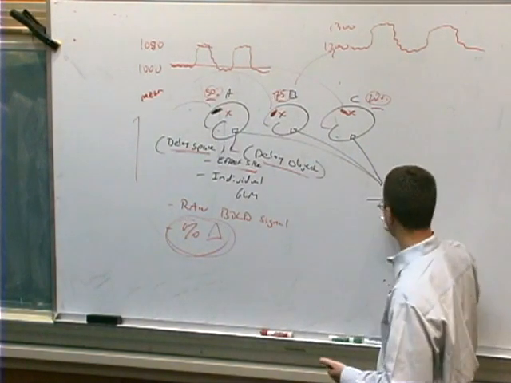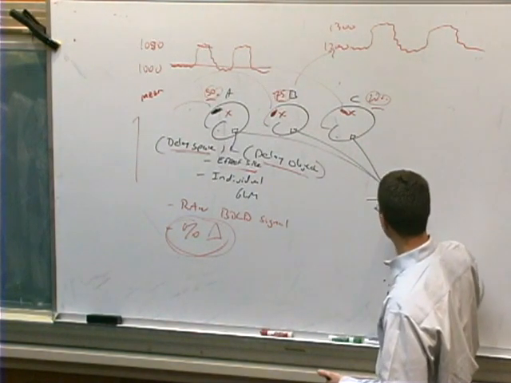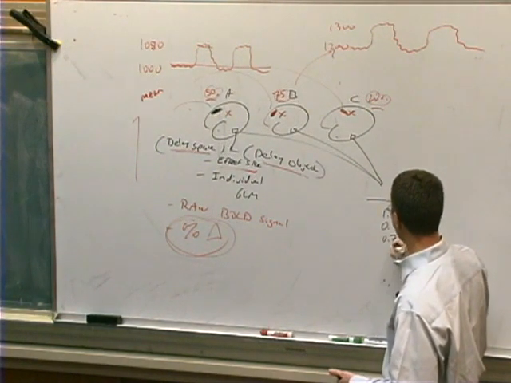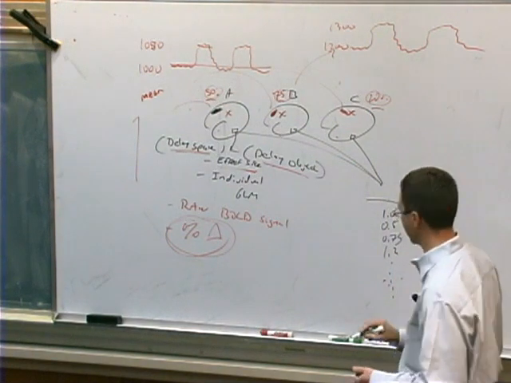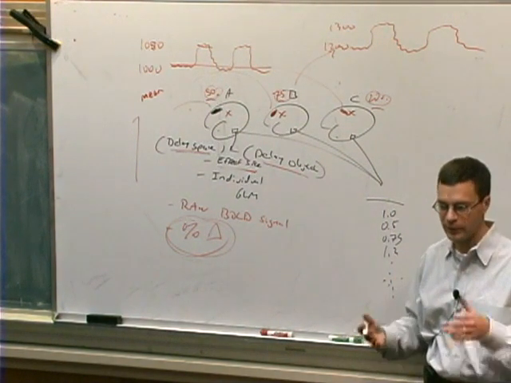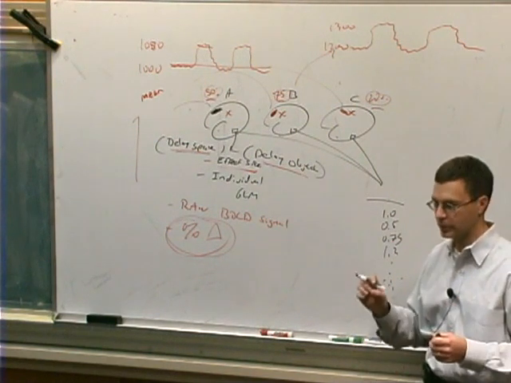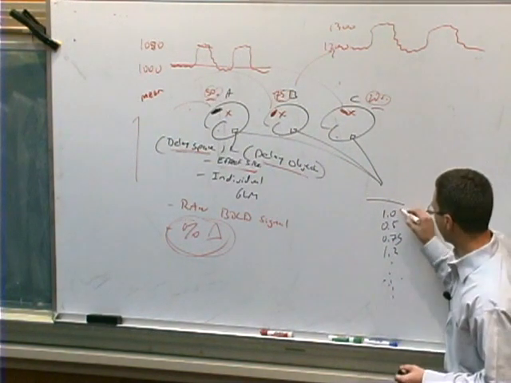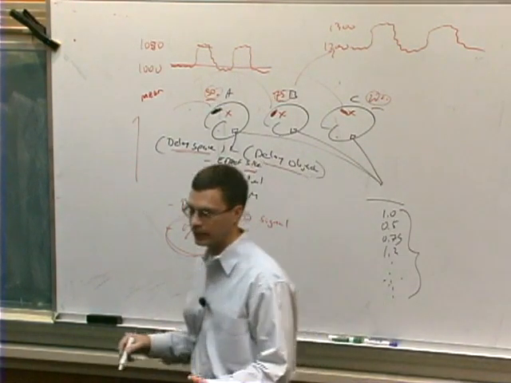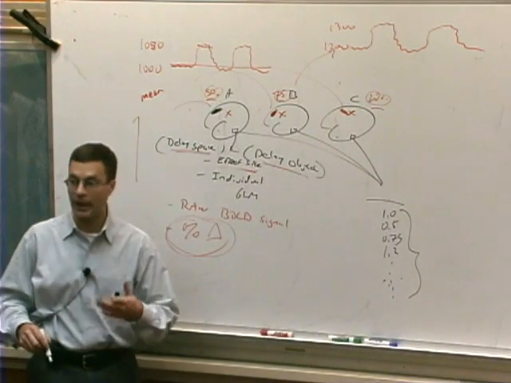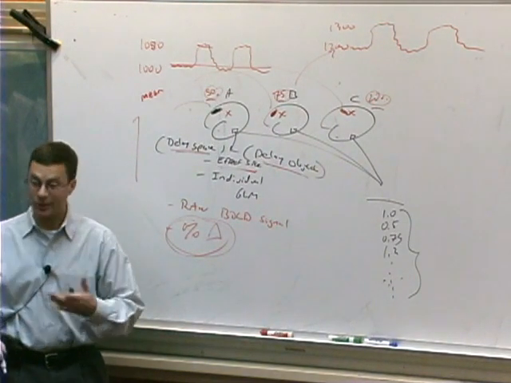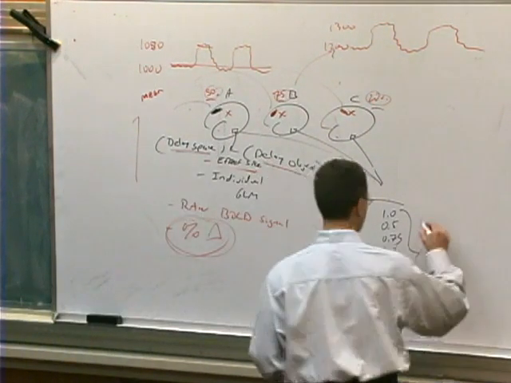And so the list of measurements might be 1% signal change, 0.5% signal change, 0.75, 1.2, and so on. So you have a list of measurements across your group of subjects for the percentage signal change associated with the task from that one particular voxel. Okay? And now you want to ask the question, is this list of numbers significantly different from 0? That is, was there a significant effect or a positive effect of your task upon neural activity across the population of subjects? So one way you could easily imagine doing this is just with a t-test.